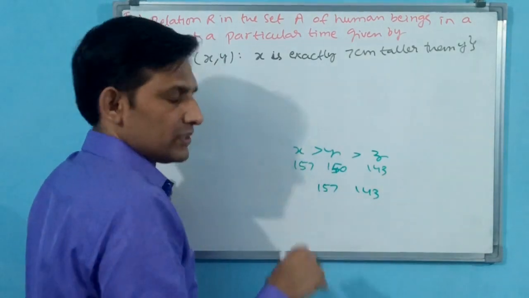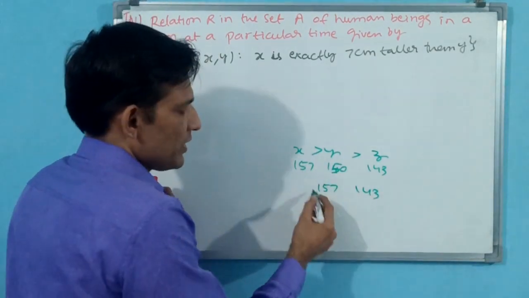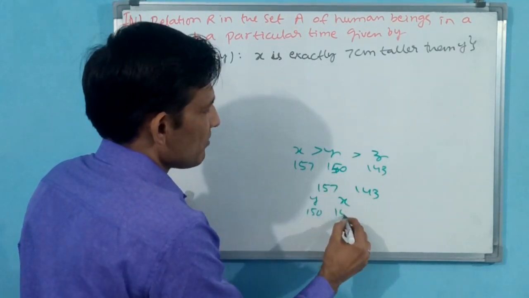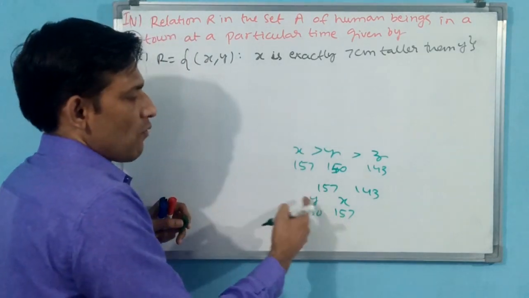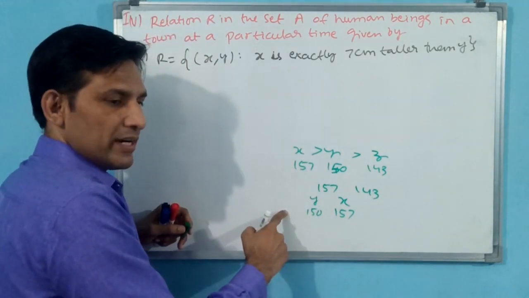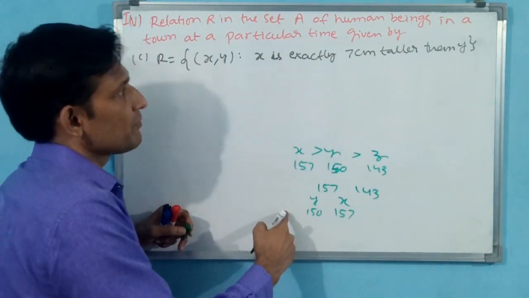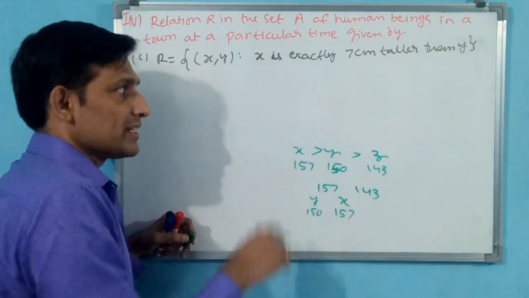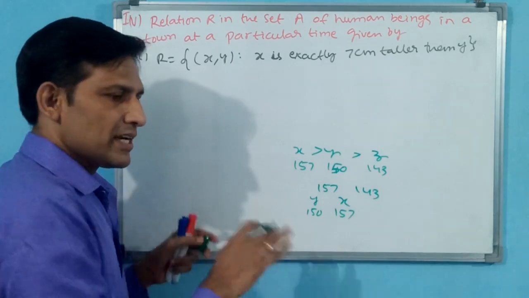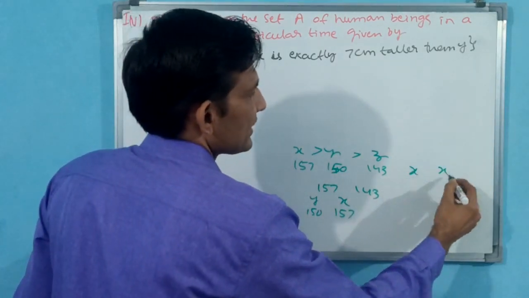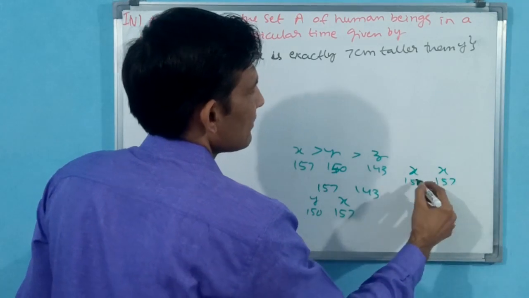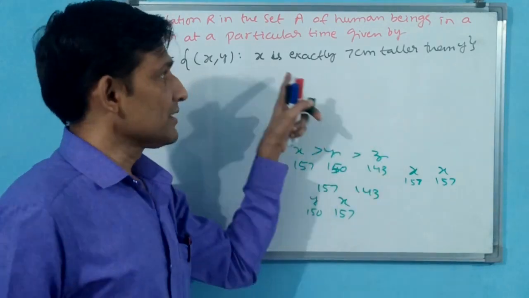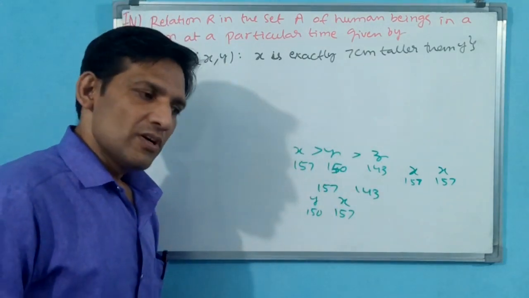Okay, this is not transitive. And symmetry also is not there. Why? Because you see, if you reverse YX, Y is going to become 150, X is going to become 157. That means again Y cannot be greater than the higher height. That means what we can say, taller than 7 centimeter. Why? Because shorter than 7 centimeter will be there. Also X to X is not going to work. X to X means 157 will come. Then X cannot be 7 centimeter taller than X. That is why the three relations are not going to be valid here.